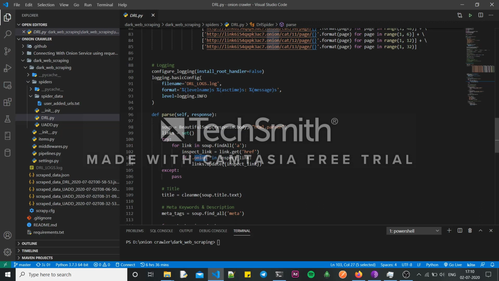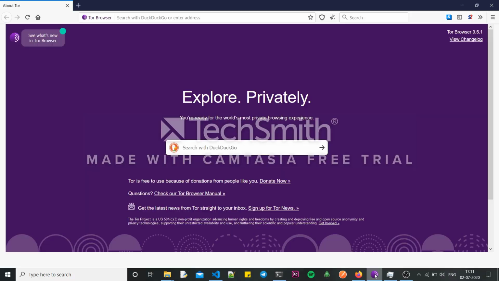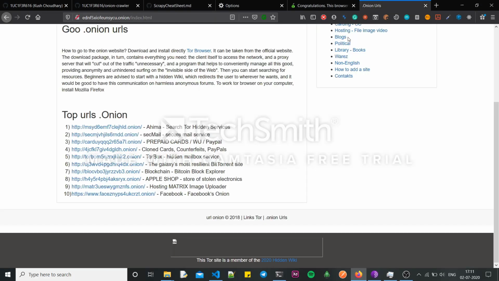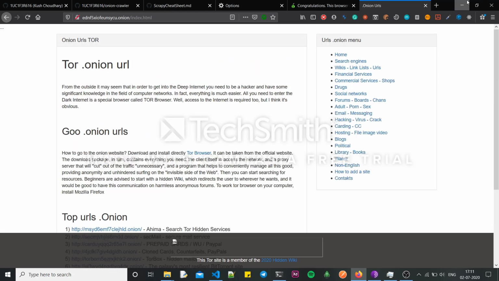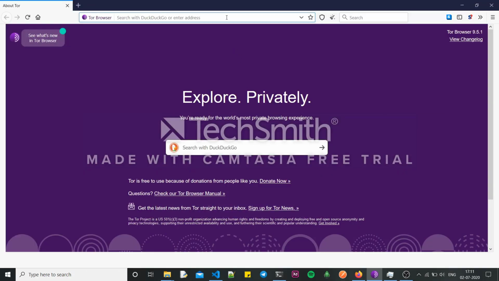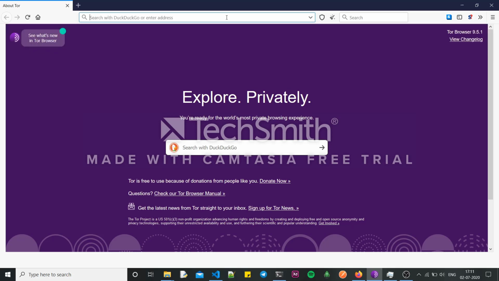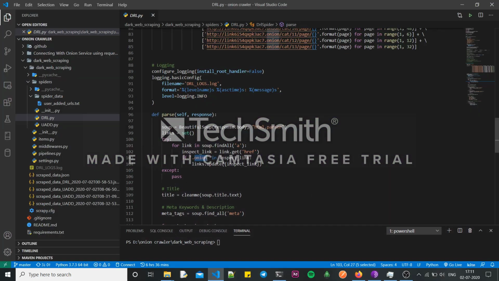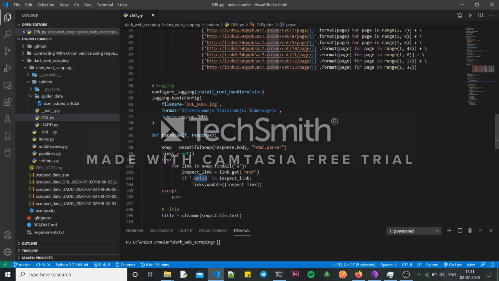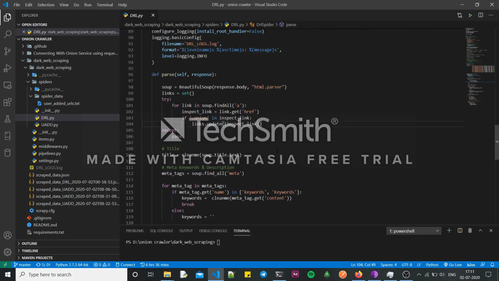And in this way, you may have seen that some URLs are kind of like this. I opened a site. Yeah, these don't have it. Some URLs will be like this. These are incomplete URLs and you have to make them complete. So you can use a different algorithm for them, and you don't want these types of URLs to be appended in this list. So this onion filtration will remove them also.